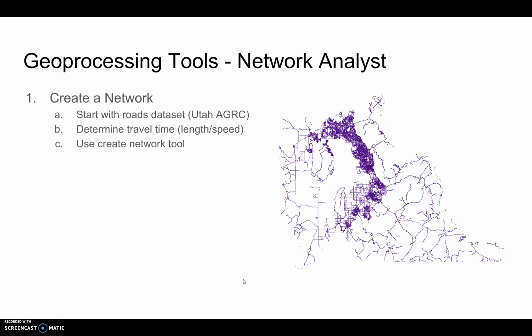The way it works is you give it some kind of data, in this case roads, and it creates what it calls a network, and it finds all the intersections of these line segments on a road, and it numbers each of those intersections, and it creates this big long table of which intersections connect to which ones by which roads. And it determines a travel time by using the attributes that were built into this roads data set that we got from AGRC. We divide length by speed to get the time it would take to travel that leg